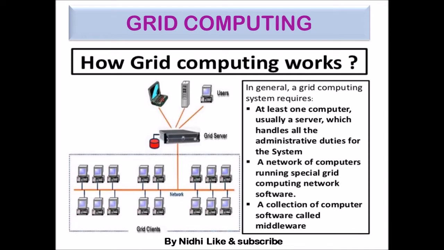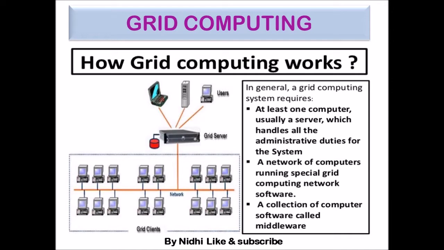So the constituent resources are called nodes. The resources that we are sharing are known as nodes. The different nodes temporarily come together. Here you can see the users, they come together to solve a single large task to reach a common goal. So in this diagram you can see